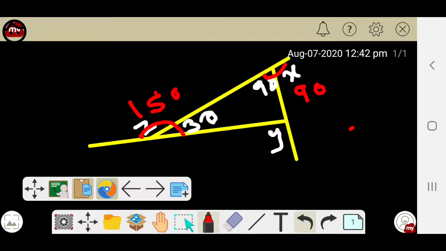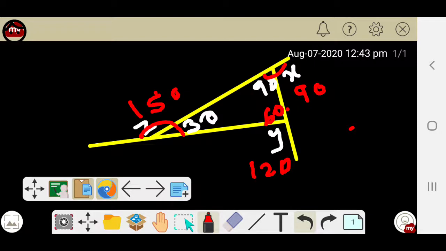Then listen dear children, for a triangle the total angle equal to 180. Then 30 plus 90, 120. So this angle equal to 60. Interior angle 30 plus 90, 120, plus 60, 180. You have to get a total sum of interior angle 180. Here 60 means here also a straight line. The remaining angle y equal to 120.